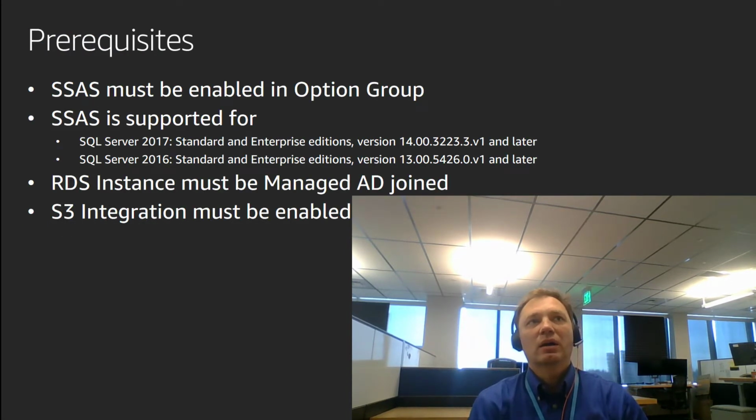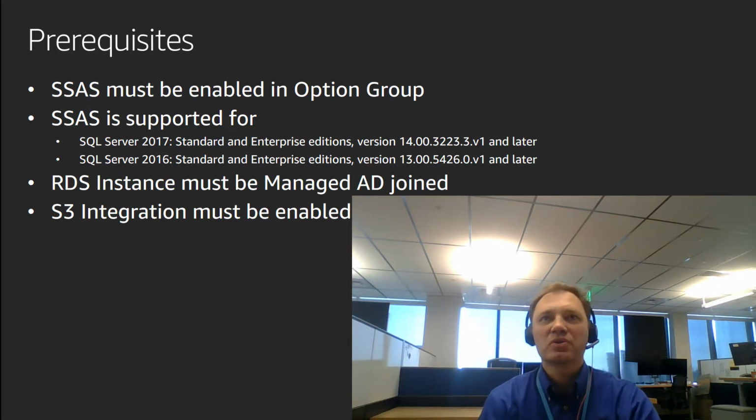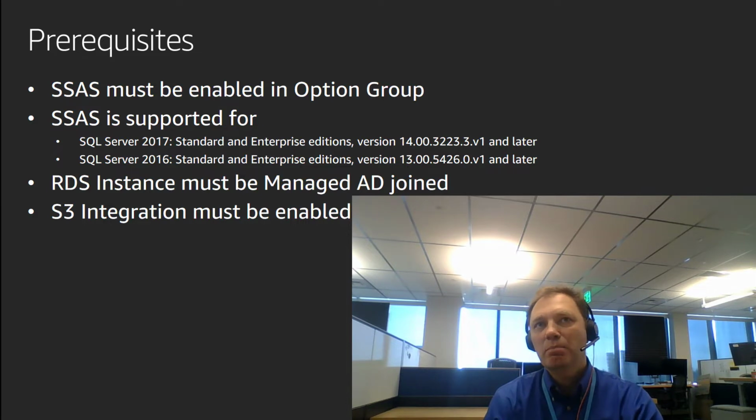Prerequisites. First, Analysis Services must be enabled in the option group. Those of you who already watched my previous videos on Integration Services or possibly Analysis Services probably recognize the theme. All of these features would have to be enabled in a custom option group first. Then the second one, Analysis Services is supported for both Standard and Enterprise, starting with those build numbers. And again, those of you who watched my Integration Services video, those are the same build numbers. For 2017, you have to be at 14.0.3223.3 or later. And for 2016,